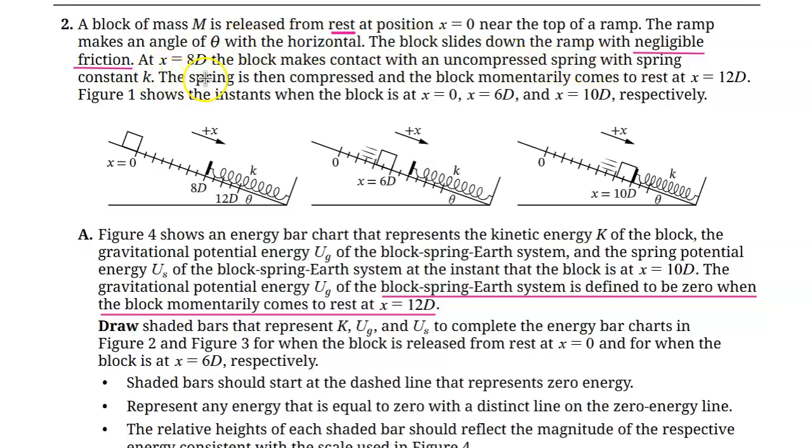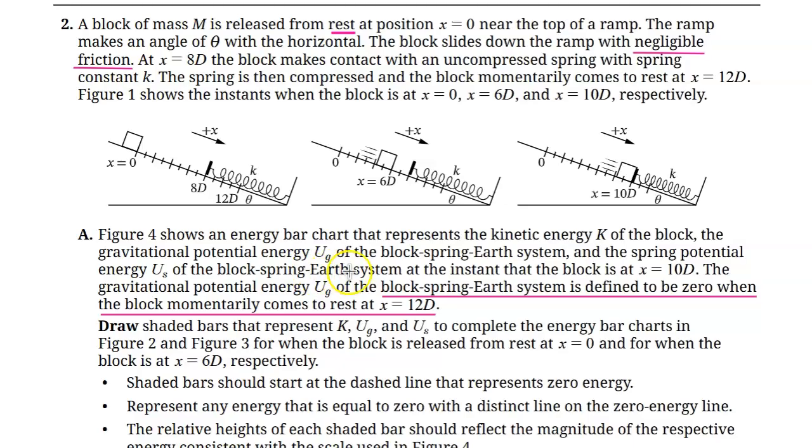At x equals 8d, the block makes contact with an uncompressed spring with spring constant k. The spring is then compressed and the block momentarily comes to rest at x equals 12d. Figure 1 shows the instance when the block is at x equals 0, x equals 6d, and x equals 10d respectively. Part A. Figure 4 shows an energy bar chart that represents the kinetic energy of the block, the gravitational